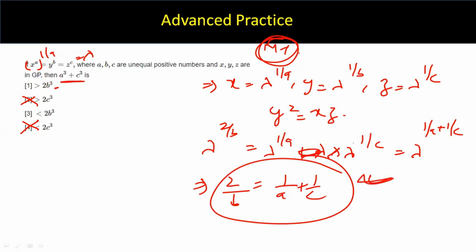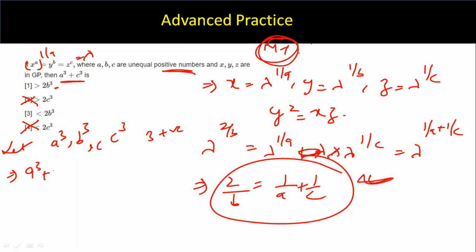अभी what do we do? See, ABC are in HP, right? ये हमने यहाँ से निकाल लिया. Now let us just consider any three numbers. Let numbers be a cube, b cube, c cube, right? मुझे यहाँ से दिख रहा है कि यार a cube plus c cube में मुझे कुछ तो लगाना है, right? So I will just consider let these be some three positive तो होंगे क्योंकि ABC are positive, so cube भी positive होंगे. If these are three positive numbers, can I say इन तीनों का AM has to be greater than its